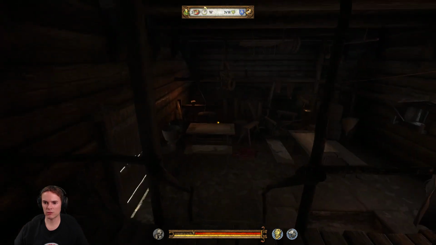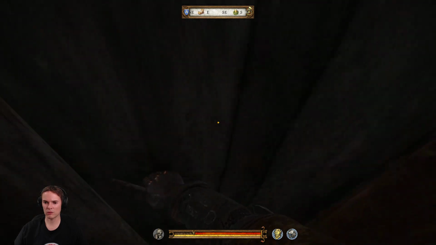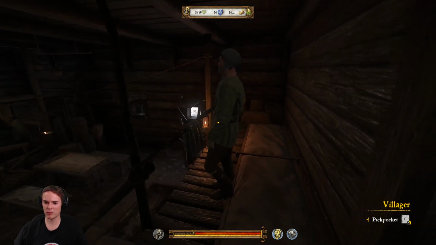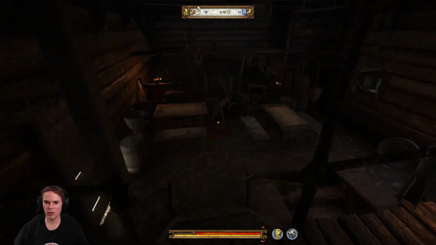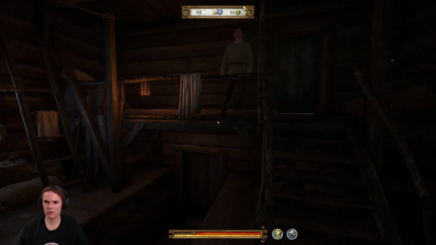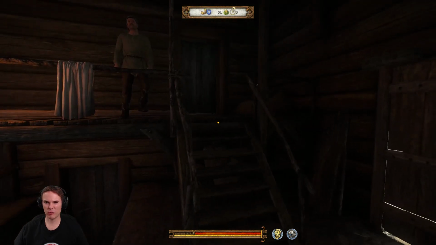I'll be right back with that. Where's he gone? Shut this door. Maybe I can coerce him into paying up. I can't. I can pickpocket him. I'll just get seen straight away. Is that a bed? It looks like he might be going to bed, you know. Would it be more sensible to come back at...